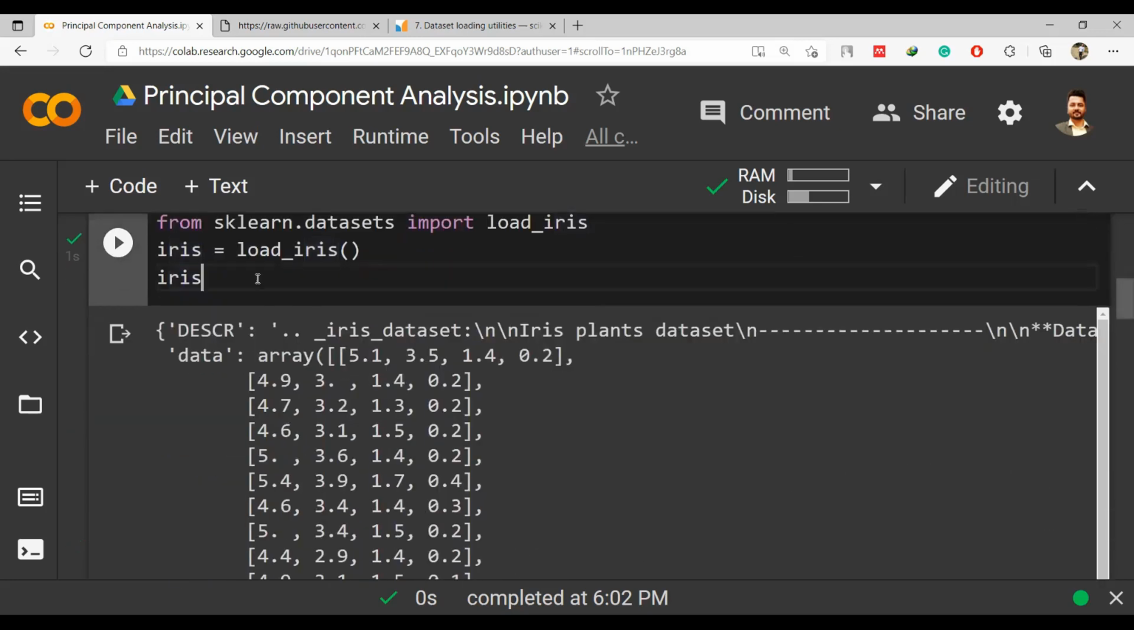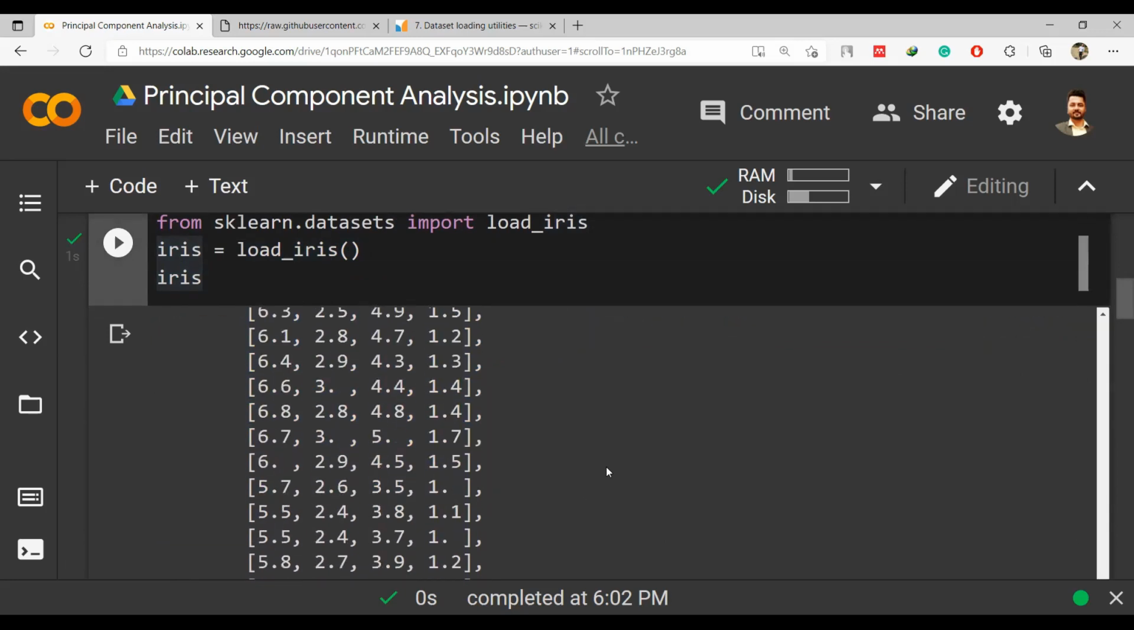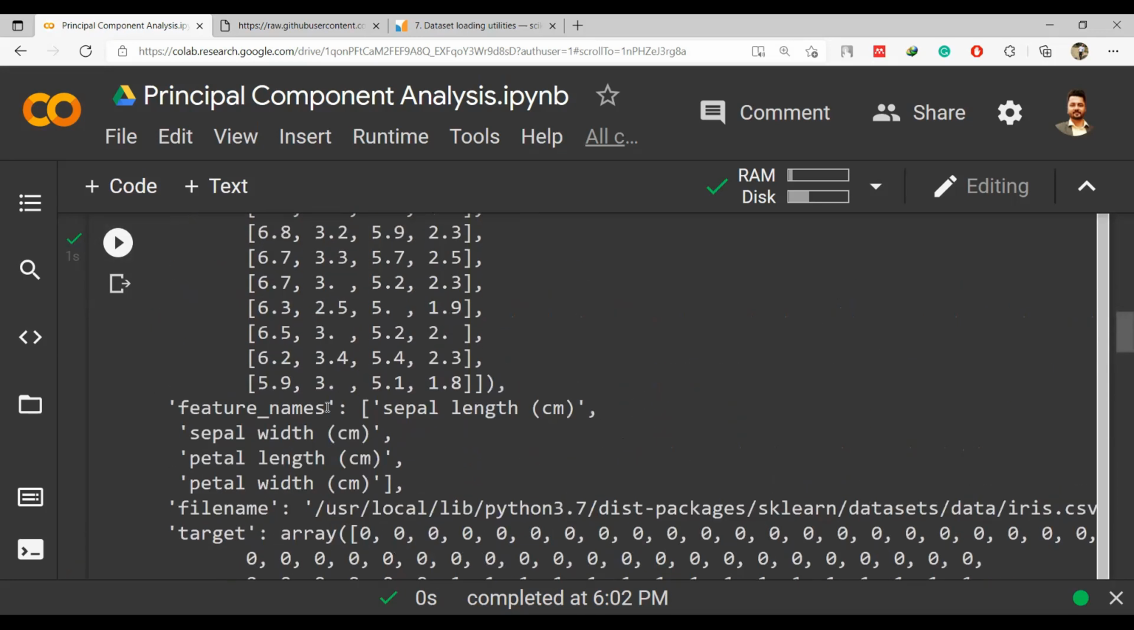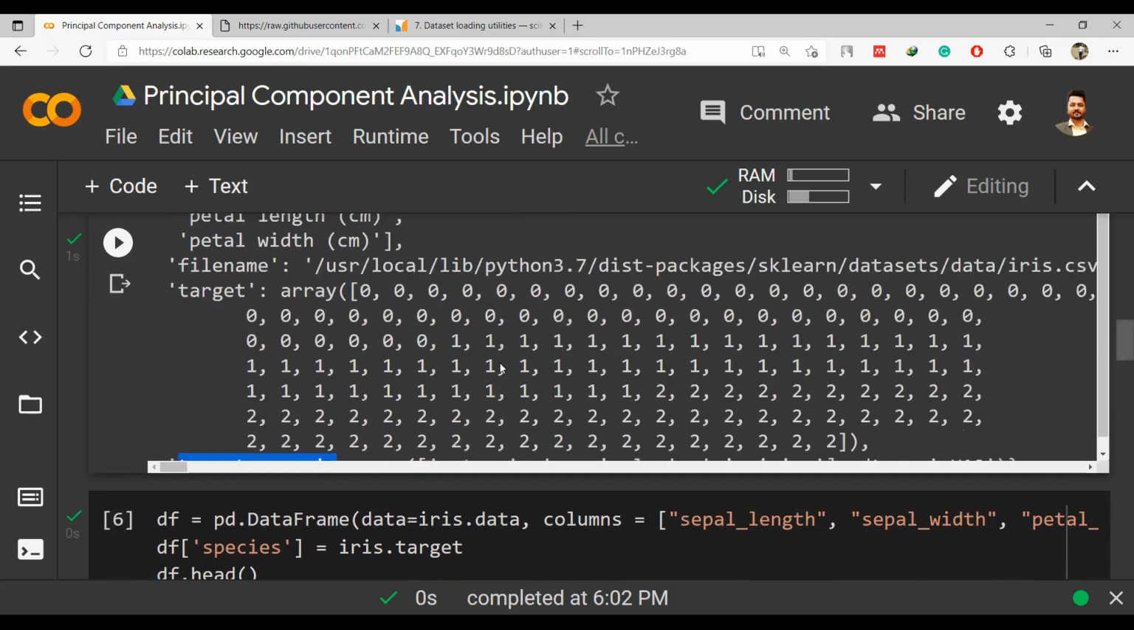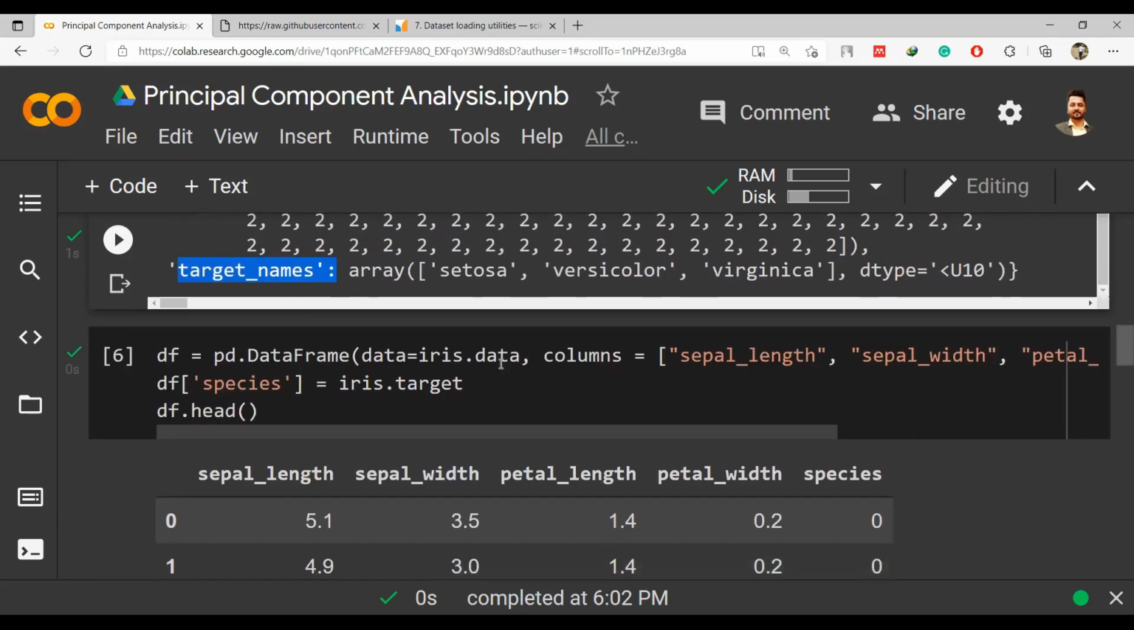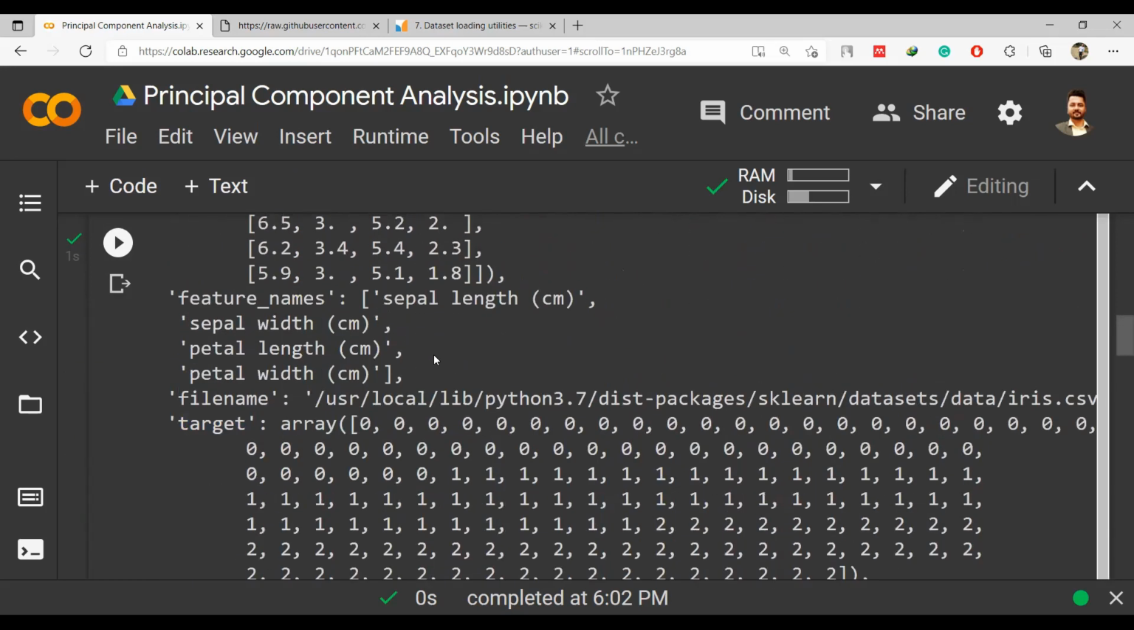When we load the iris dataset using this command and put it in iris, we are printing it. So first of all, there is this description, which has the details about the path and the name. So data is there in the form of an array. After those 4 columns, you can see the feature names, then the file name, then the target, and then the target names. So there are total 6 things in this load_iris function. And now once you have got the values in this,